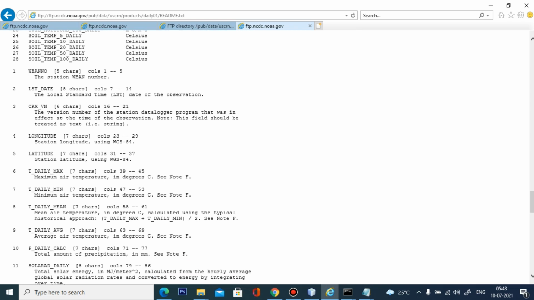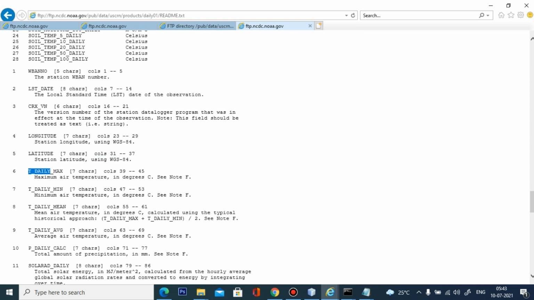Here, the 5 characters in columns 1 to 5 specify the station number, and the 8 characters from 7 to 14 specify the date of the observation. In the same way, there are longitude and latitude, and we are focusing on the maximum temperature and minimum temperature.